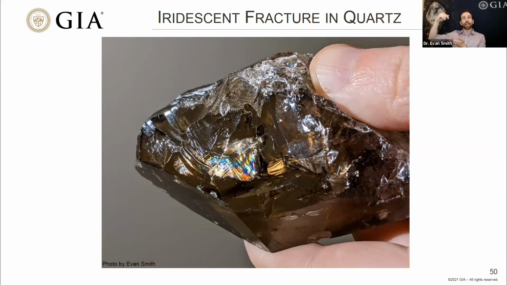And now when light passes into that quartz crystal and interacts with that little gap of air, this little tiny fracture filled with air, it will bounce in between this sort of layer and cause something called interference. So the white light is sort of constructively and destructively interfered to cause some colors in that white light to pop out and other colors in that white light to disappear. And it's the same kind of phenomenon we see in soap bubbles. When you look at a soap bubble very carefully, or a slick of oil on a puddle, we see these rainbow colors that are kind of flowing all over the place.